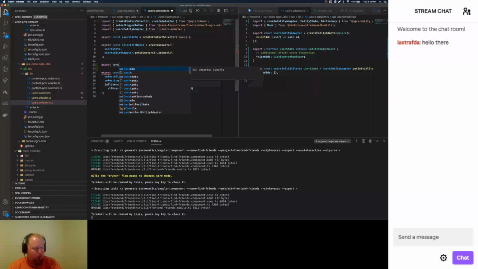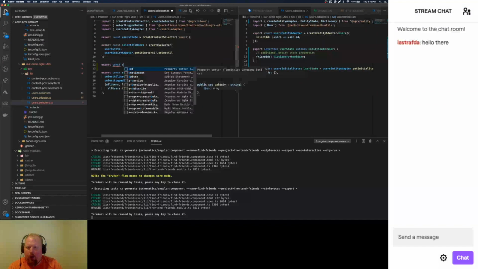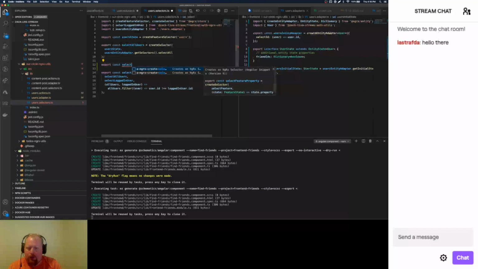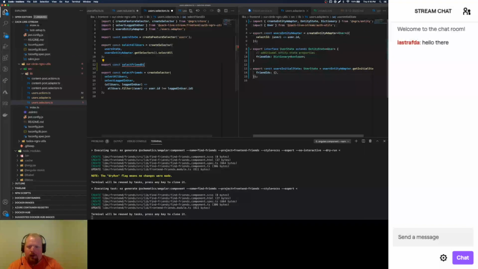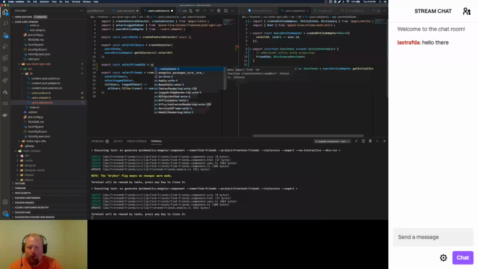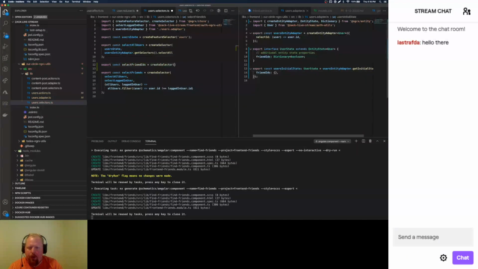We're going to say export const select friends, friend IDs, let's just do it that way, equals create selector with users state,